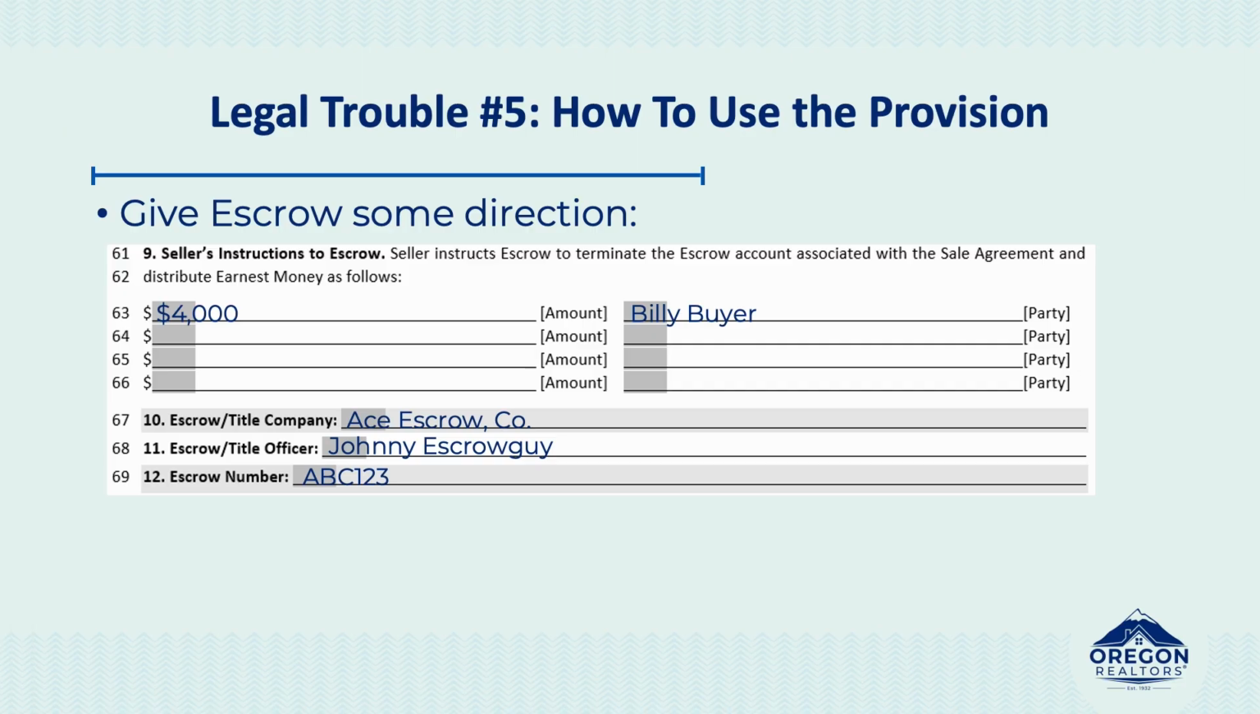the seller sending the termination, hey, buyer, $4,000 of earnest money is supposed to go back to the buyer. Here's the escrow company, here's the escrow officer, here's the escrow number for that account. We should really get that back to the buyer. And then the buyer has to respond to get